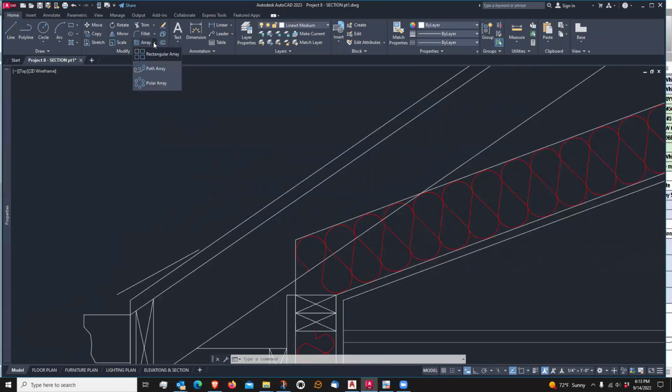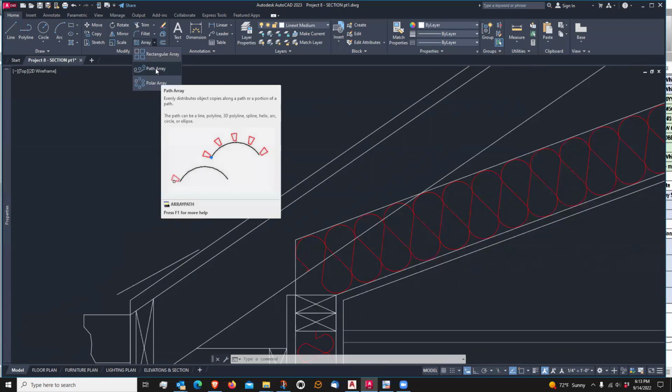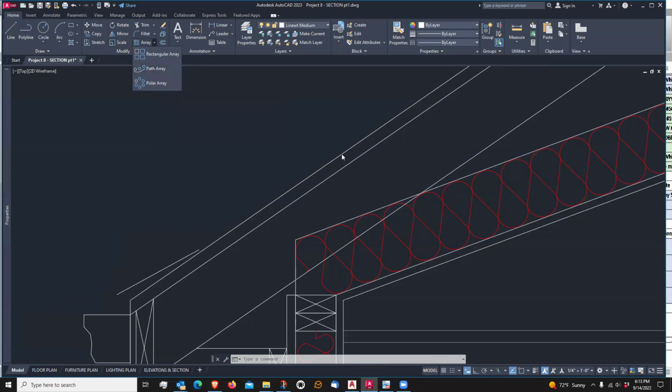So we've used rectangular and we used polar, but we haven't used path. And a path array is just like in the example there. A path can be a straight line, or it can be a curved line, and it will just array whatever spacing we want along that line. So that's what we're going to do. We're going to use this angled line right over here